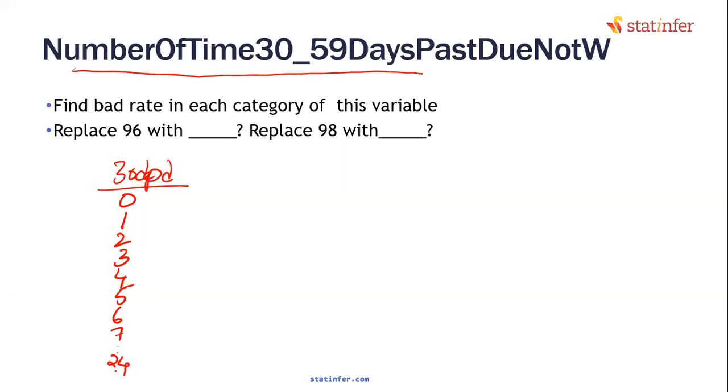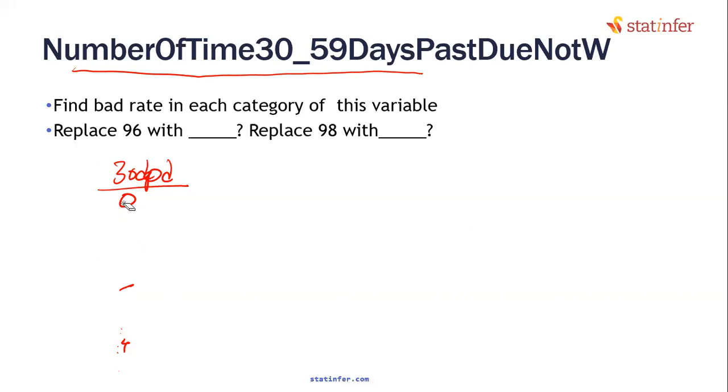It can take values until 24, isn't it? It can take all these values. However, in our case, it took values like 5, 6, 7 and so on up to 24. It took the value 96 and 98. That is the problem that we are facing. It should not have taken 96 and 98, but it is taking here.